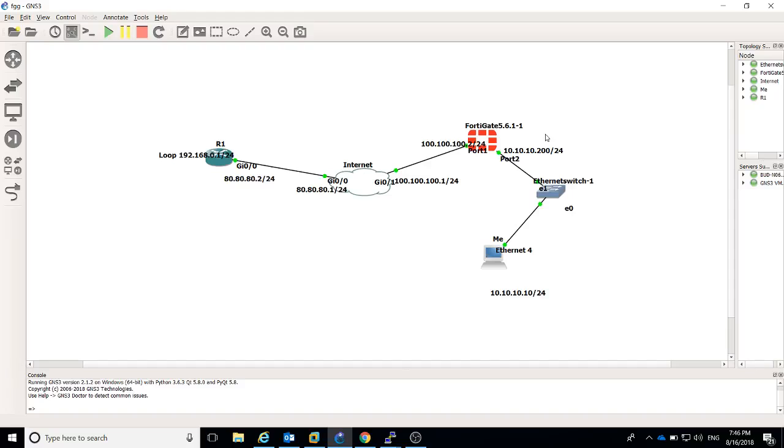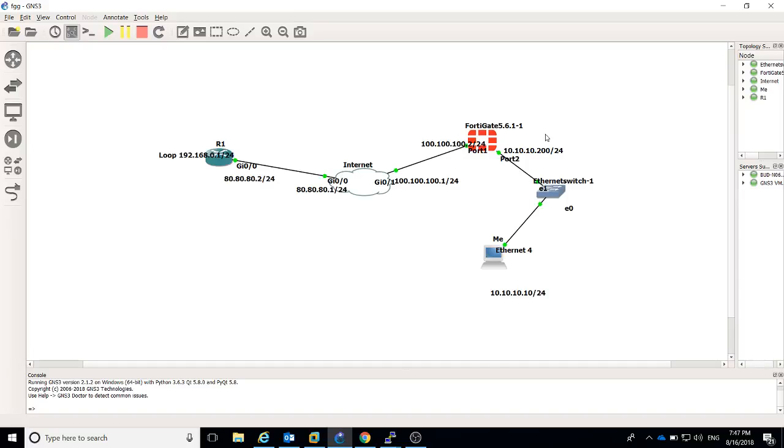firewalls from scratch. Before I jump into the configuration part, I would like to apologize for the delay between the two videos. I was busy a lot, and I also had to change my laptop, so I had to rebuild the whole GNS3 environment and my labs again. But that doesn't justify the delay, so I will try my best to publish a video at least every